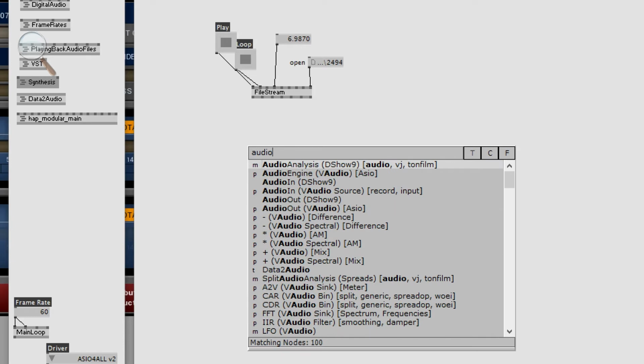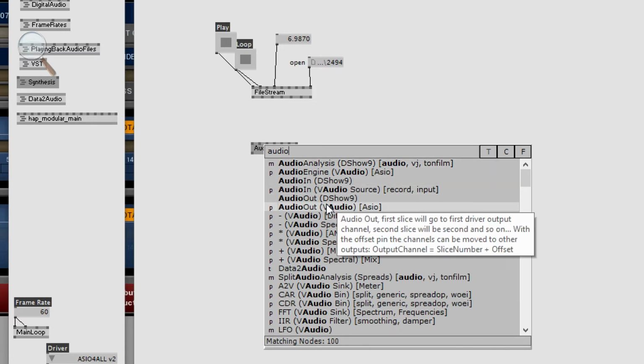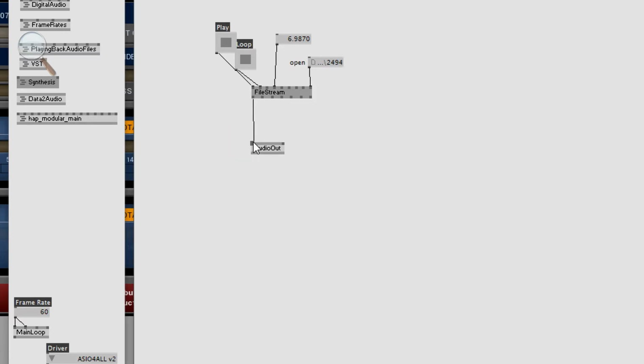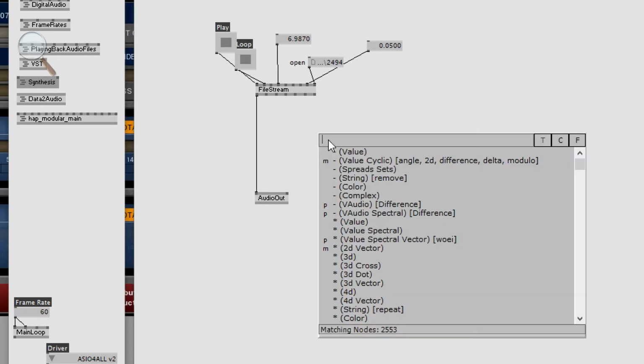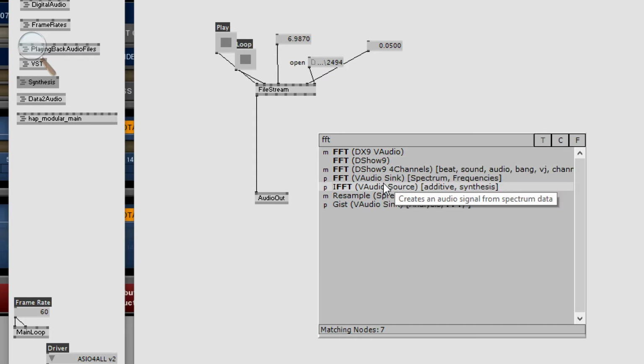We can, this might be loud, oops, not that one, audio, that one. And then we'd like to have, for instance, a spectral analysis of this. So we can do FFT, the audio